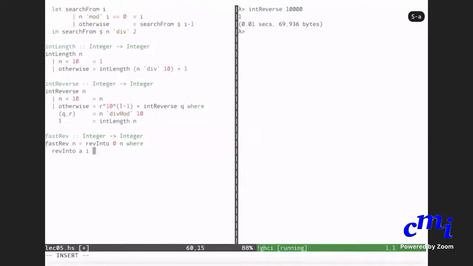Okay, so reverse into A is nothing but 10 times A plus remainder. No, I have to do various things, right?